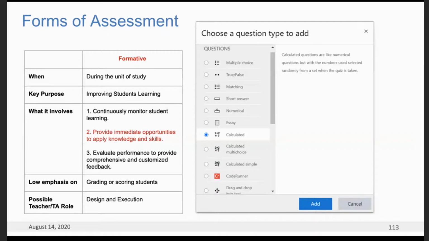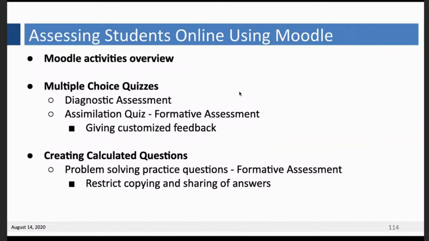So these are the quick overview about assessing students online using Moodle. I have just shown a few overviews of the activities, but not in detail. Definitely, it's a very small part I tried to show you. So there are multiple choice quizzes you can always go for diagnostic assessment, or you can always have an assimilation quiz. This is nothing but a formative assessment where after each session you can give